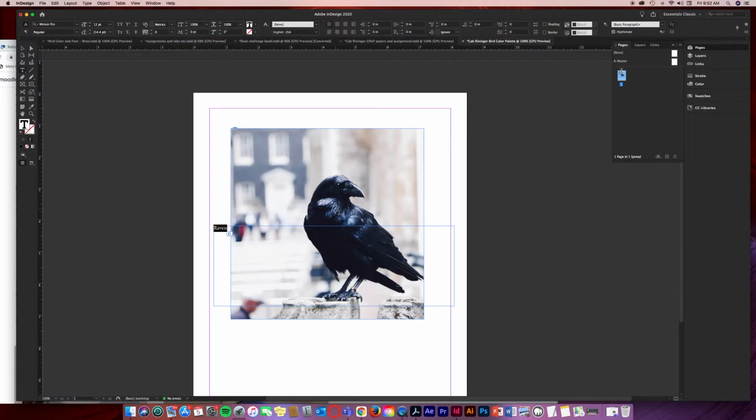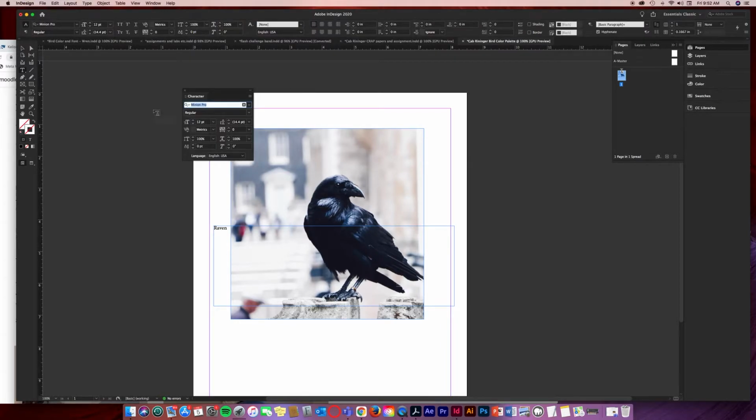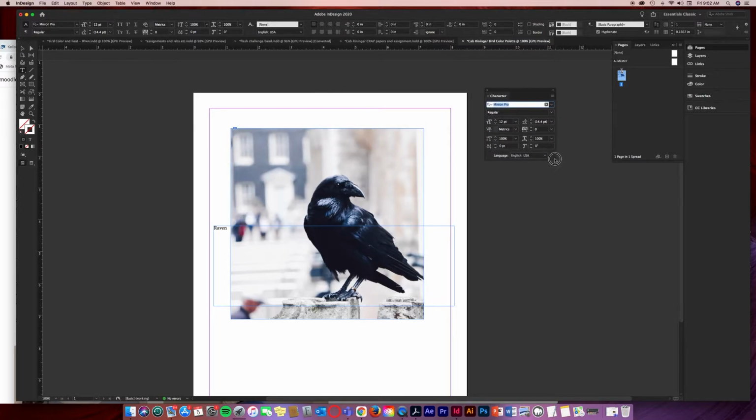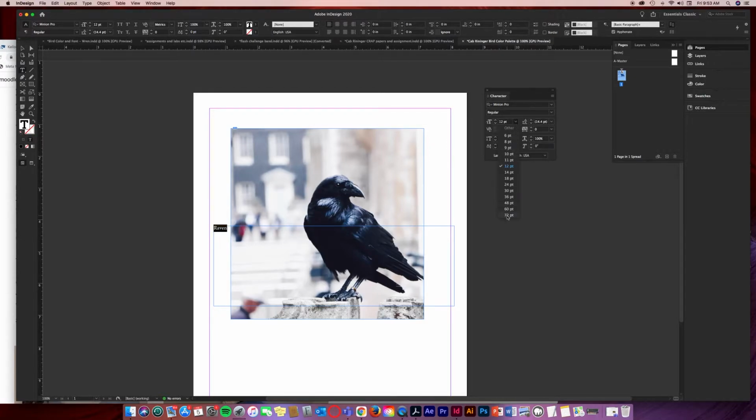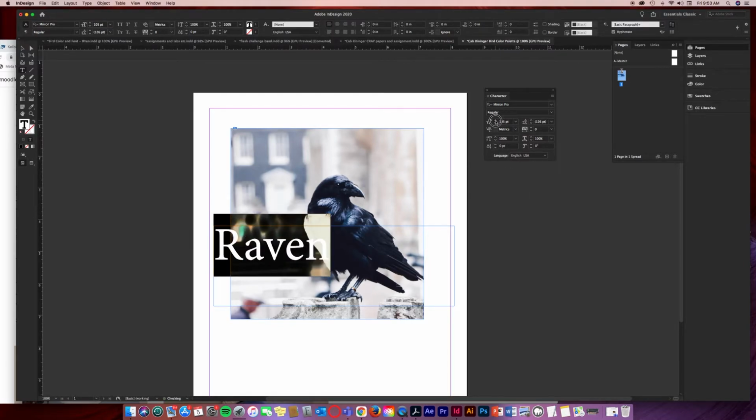So because I chose a raven, first I'm going to make my type a lot bigger by using the control panel at the top, or by clicking Command T to get the character panel. And the type size is a drop down menu just like all of these are. I didn't do anything because it wasn't selected, so be sure it's selected so you can affect it, and then you can style your type. Remember, there are these little up and down arrows, or you can double click in these windows and just type in